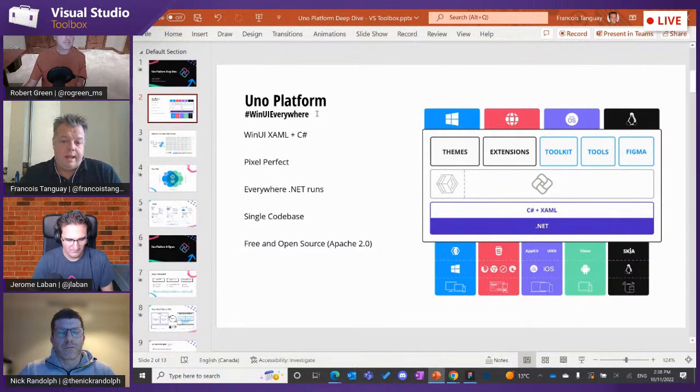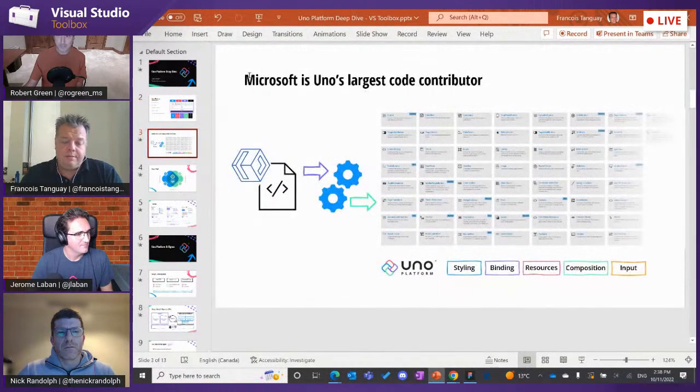Okay. And the way we've been able, because it is a massive undertaking, right? Like Jerome was saying early on, he's been at it for 10 years. We've open sourced for 4 years. The way we've been able to accomplish that is that we have a great relationship with Microsoft, and they shared with us privately the Windows UI source code. And what it allowed us to do is, by creating the building blocks for styling, for data binding, for resource management, for input tracking as well, we've been able to reuse Microsoft's internal source code and port it